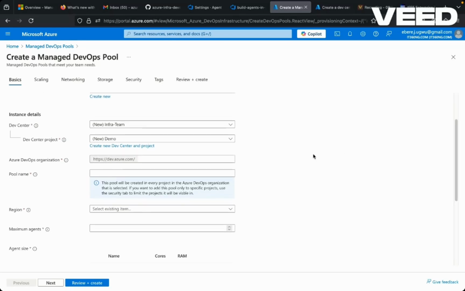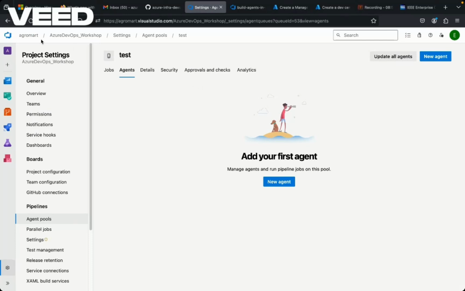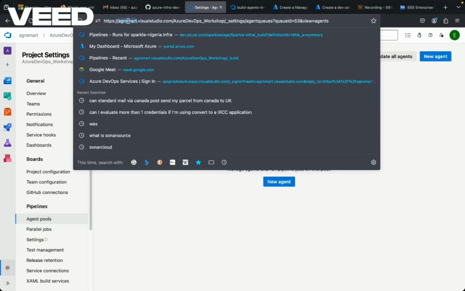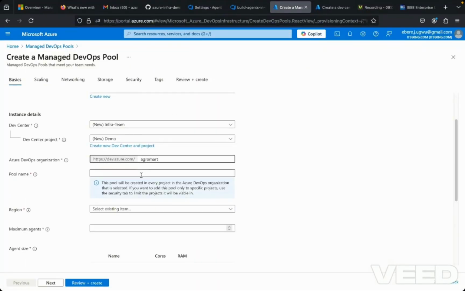So you have to add your DevOps organization. The one advantage again on this Managed DevOps Pool is you can add multiple organizations. So the pool can be utilized on different DevOps organizations that you have in your environment, and then each individual project in each of those organizations will be making reference to your Managed DevOps Pool. So I'll copy the name of my organization, which is Agromat, and add it here. Then the pool name, the demo pool,